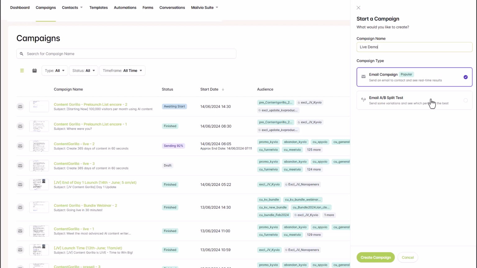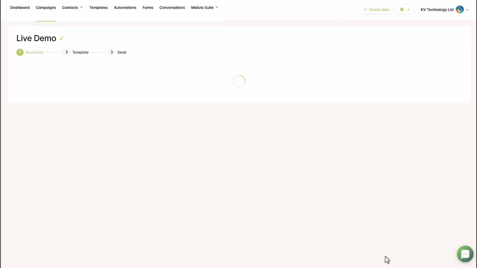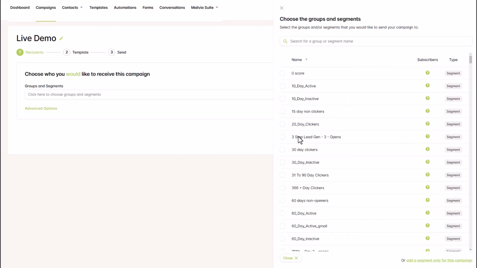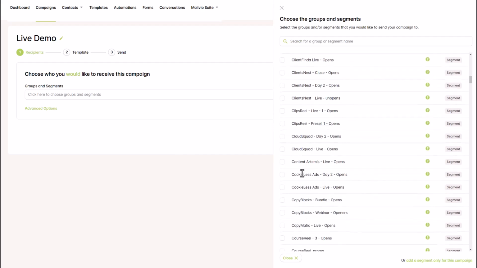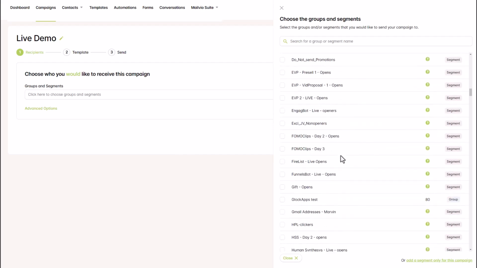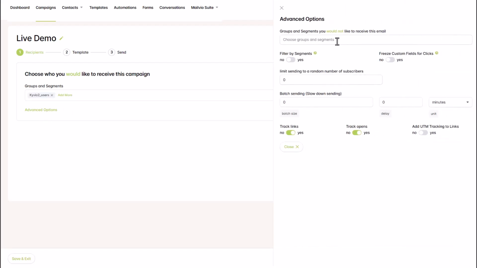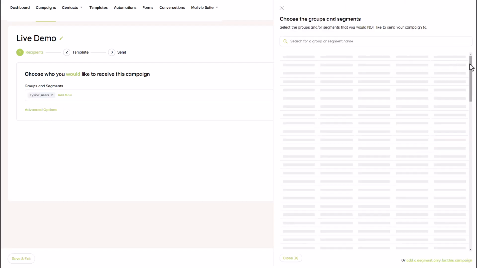You can either choose to split your campaign from the get-go, or you can create your regular campaign. When you do that, you can choose different groups or different segments that you want to include in your email. So I'm going to pick, let's say, some of these. And then you can also choose to remove some of the groups or segments as you want. So this way you're able to simplify who's going to receive your emails, and so you don't email people that